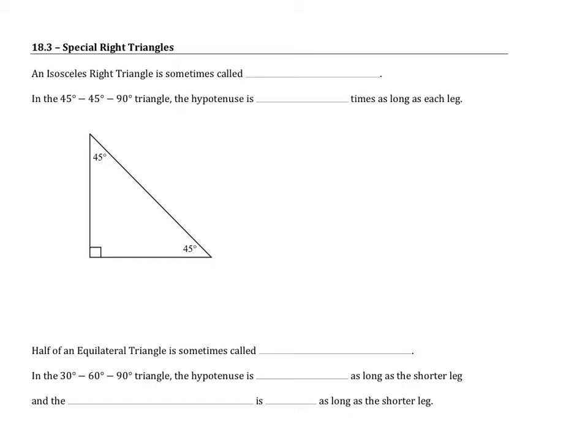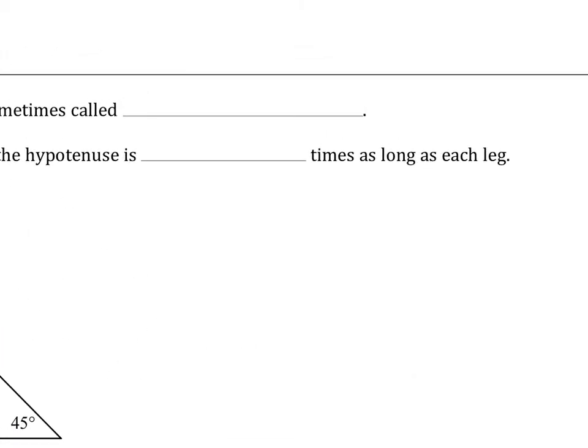So the first one is an isosceles right triangle, and you'll notice in the diagram we have a 45-degree angle, a 45-degree angle. Those are the same, and since those are the same, the sides across from those are also the same. That's where our isosceles triangle is. I know it doesn't look like the way we normally draw one, but it's okay, because an isosceles just means that we have two sides that are the same. And so an isosceles right triangle is sometimes called a